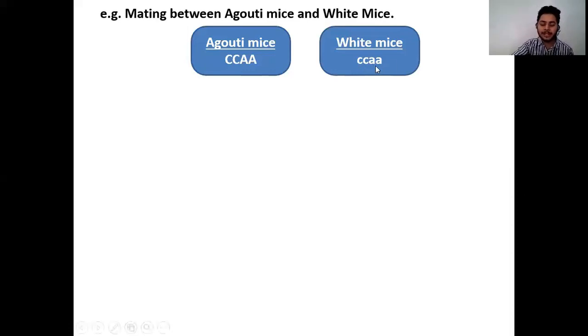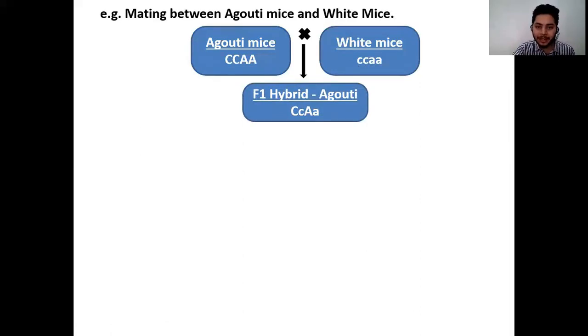So the hypostatic locus is not expressed, and the mice coat color is definitely going to be a white one. When two such mice are crossed with each other, the gametes contributed by these mice are, from agouti mice, a capital C and capital A, while from the white mice you get a small c and a small a. So when all these four gametes are crossed with each other,